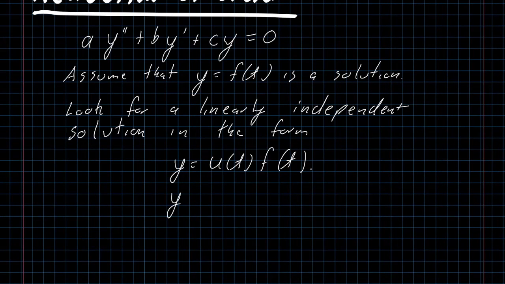I'm going to suppress all of the of t's because this gets really messy really quickly, and the less we write, the better off we're going to be. But y prime is going to be the derivative of the first times the second plus the first times the derivative of the second. And then y double prime is going to be,